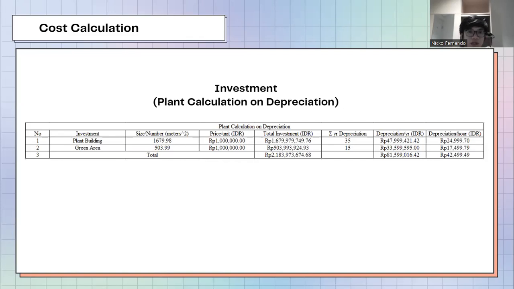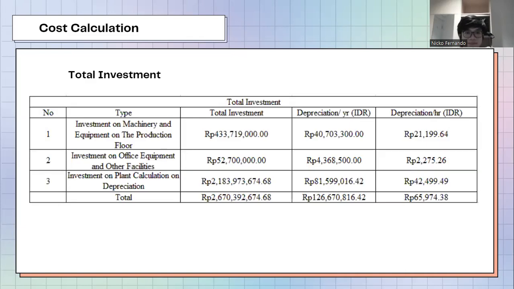The next one, we get the investment. So the total plant calculation on depreciation, the depreciation per year is 81,599,016.42 rupiah, and the depreciation per hour is 42,499.49 rupiah.